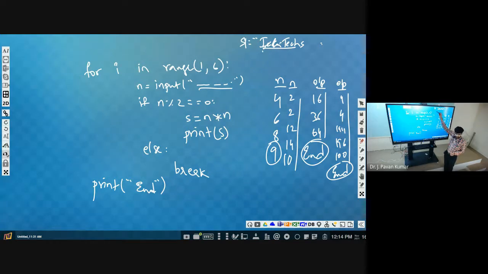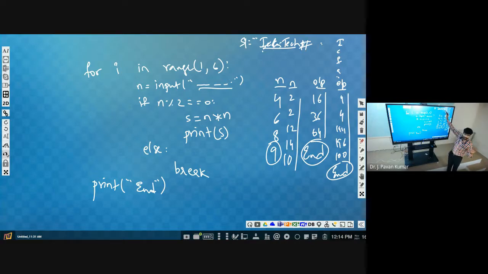Then again C will be printed. Next, F will be printed, A will be printed, like this. All these characters will be printed like this. I, C, F, A, like this it will print. Got it? Now the requirement is one string will be taken as the input. After that, we will be displaying character by character.